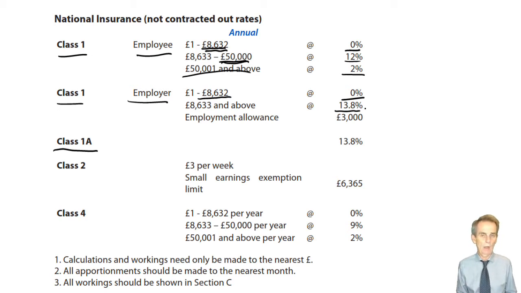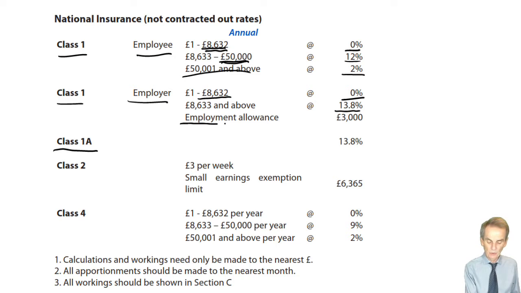There is no upper limit. There is no point at which that rate becomes smaller. For employers, as soon as the cash earnings for each employee go above £8,632, we're talking in terms of 13.8%. Though for the employees in total, any total amount of Class 1 employer NICs may then be reduced by